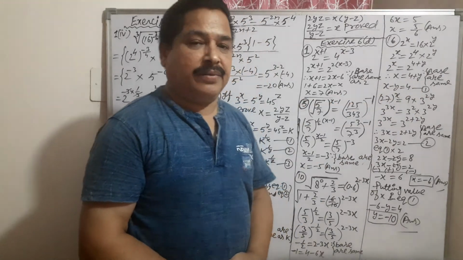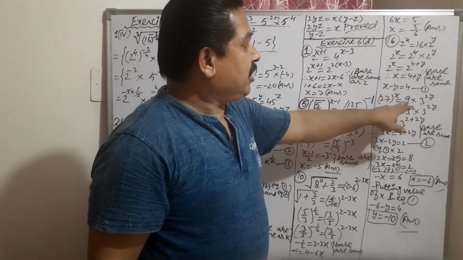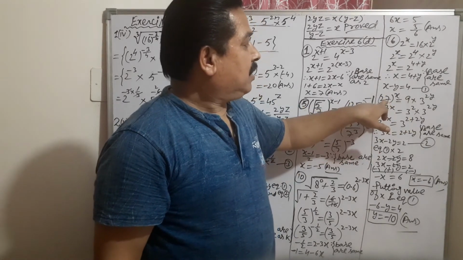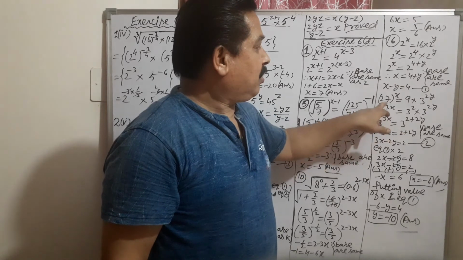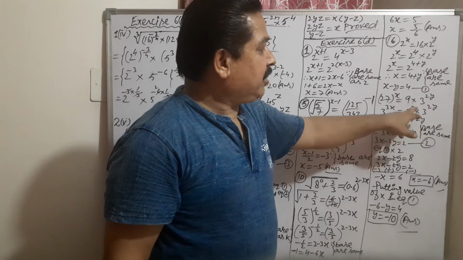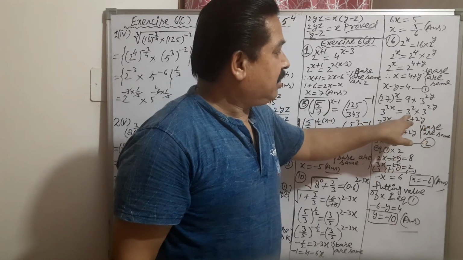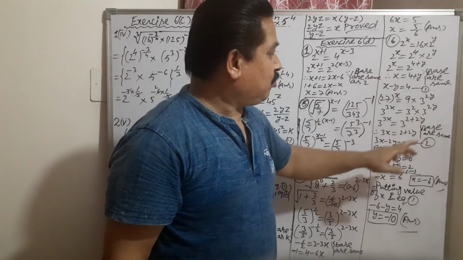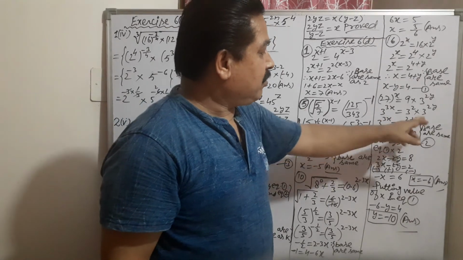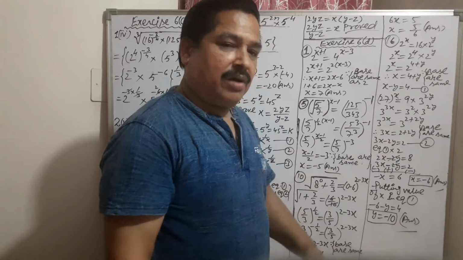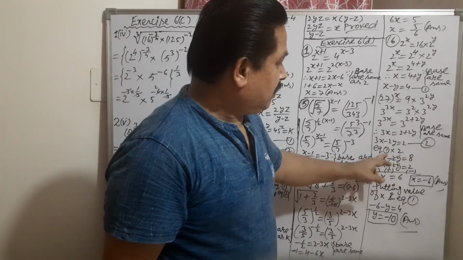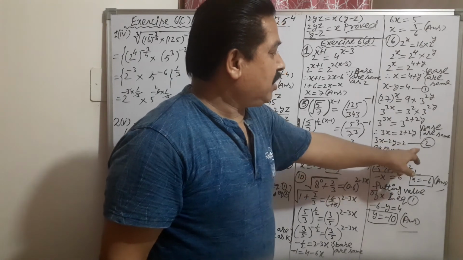Equation number 1. Now see, the second thing is given. Secondly, this is given in the question. 27, 3 to the power 3 we can write, 3 to the power 3x. 9 becomes 3 to the power 2. Bases are the same here, adding the powers: 2 plus 2y. Again bases are the same, equal sign is there. When bases are the same, you can take equal powers. Equate the powers: 3x is equal to 2 plus 2y. Take this side 2y. Equation number 2.